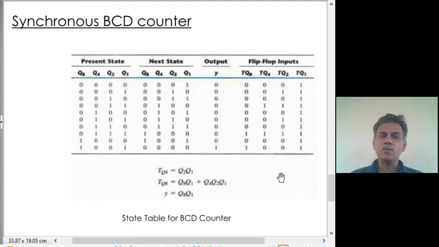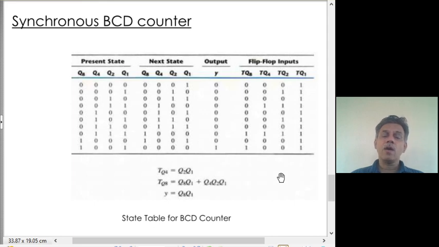There are 4 bits, so there are 4 flip-flops. They are all operated in the T mode, that is, toggle mode. Because it is a synchronous counter, we give the same clock to all the flip-flops. It doesn't matter whether the flip-flop is positive or negative edge triggered. That much we can easily arrive at.